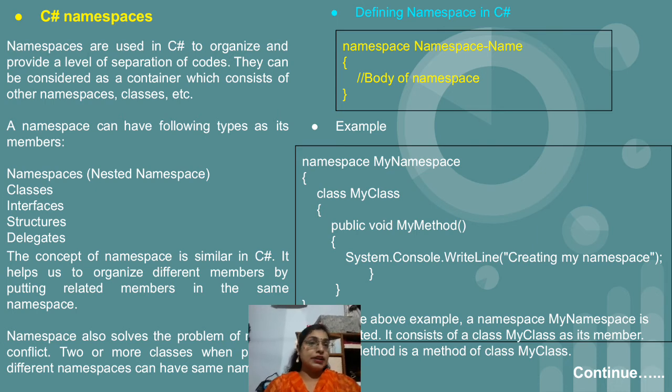Every time you have to write it. And this is the reason why it is better to declare using system only once. Then n number of times you can make use of the console.writeLine and readline methods, which will be easy for you, right? So this is the example of a namespace. This is how we have created the namespace.